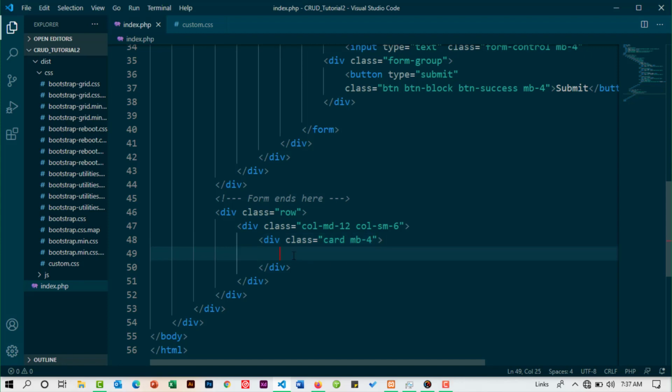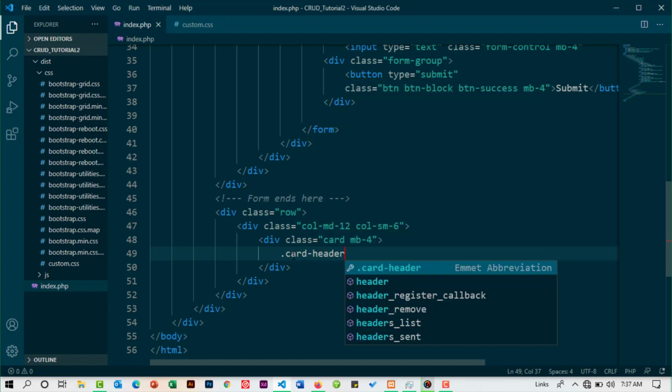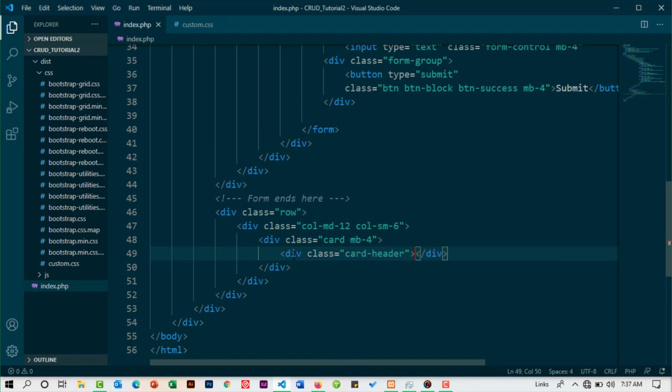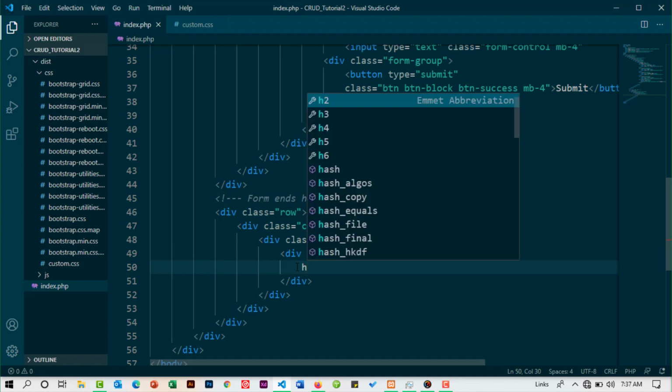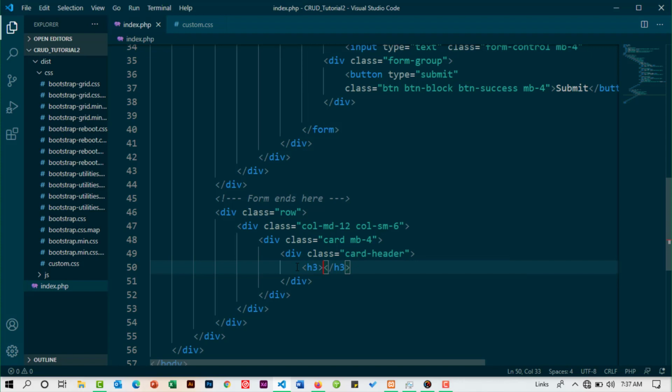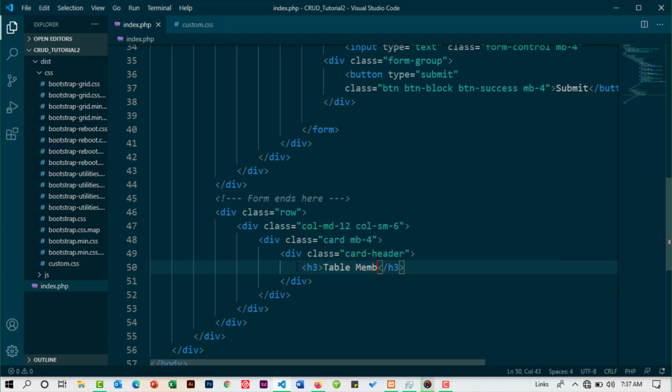So now within the CRUD, I'm going to have another div that is a CRUD hyphen header, because I want to have a heading. So I'm going to say CRUD header there, and for the CRUD header I'm going to have the head with h3, and I'm just going to say table members,